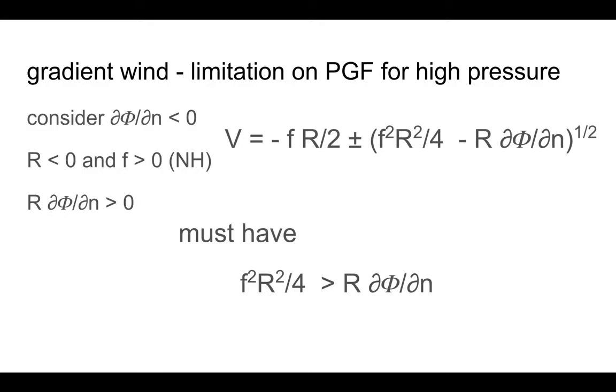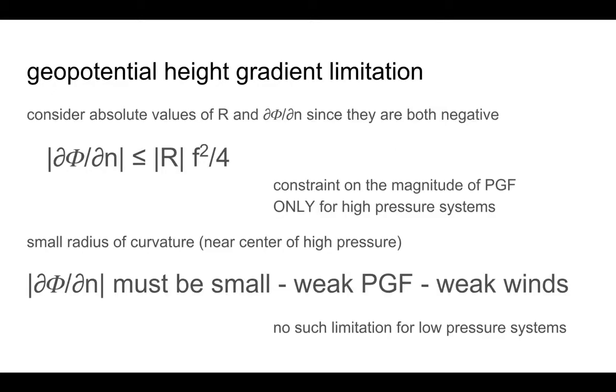And so we can rearrange, take the absolute values, divide by r. Since r is actually negative, let's consider absolute value of both d phi dn and r, and just look at the magnitudes of those. And this is the resulting constraint,